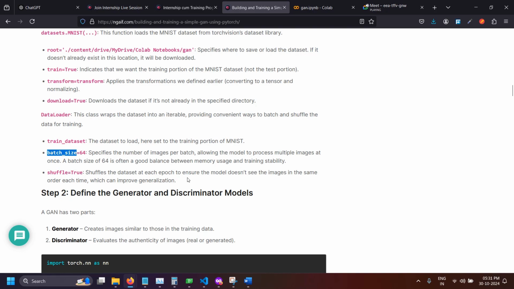Shuffle the dataset at each epoch to ensure the model doesn't see the images in the same order each time. We can improve generalization. As you understand, if you have images like 1 2 3 4 5 6 like this, and each epoch you pass them in the same order, this makes no sense. So it will shuffle just like you shuffle the cards. It will shuffle the images, so that in each epoch it will see the images in a